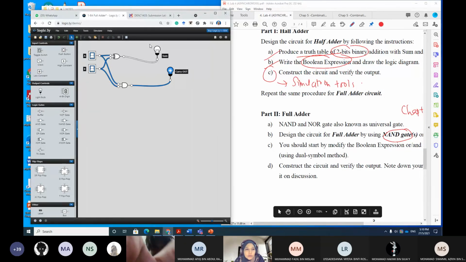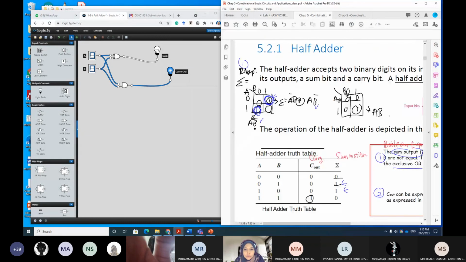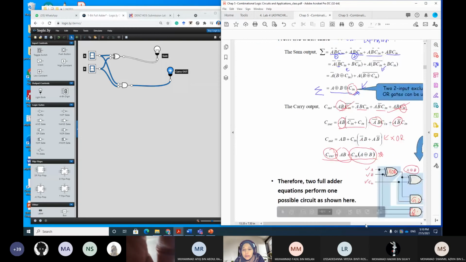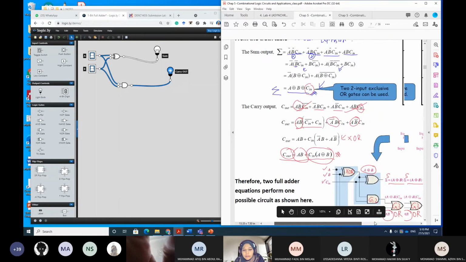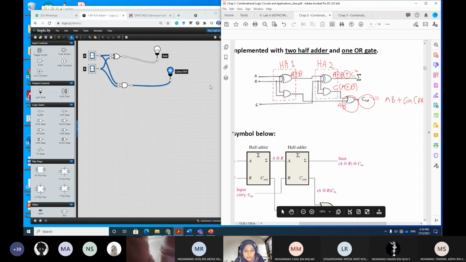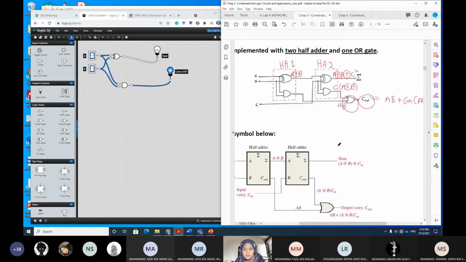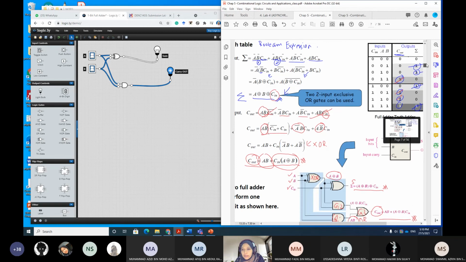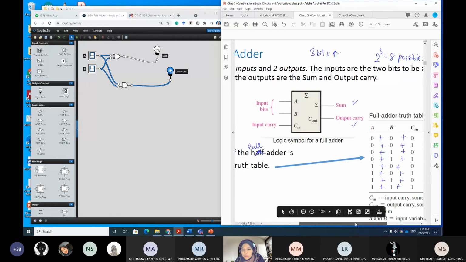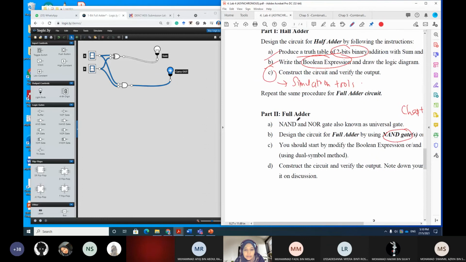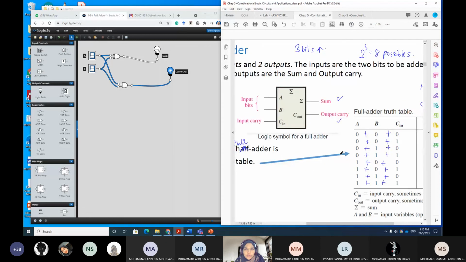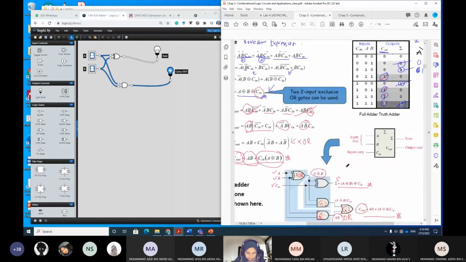For the full adder circuit, we know that you need to have either this combinational logic circuit or these 2 half adders and an OR gate in order to get this output to verify this truth table. Okay, so for the full adder, I need you to design or simulate the circuit for both. Sorry, first simulate this,